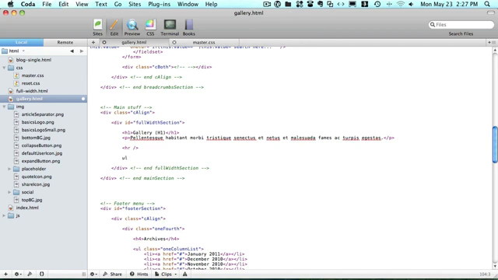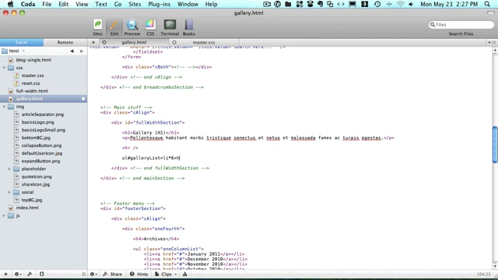So UL with an ID of gallery list, and that gallery list will have, let's start off with 6 items, so times 6, and each list item will contain the following: